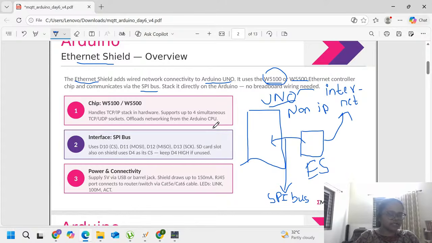Why should we connect our Arduino Uno to the internet? What is the requirement as part of a project? Anil, Laya, other people, Lakshmi,